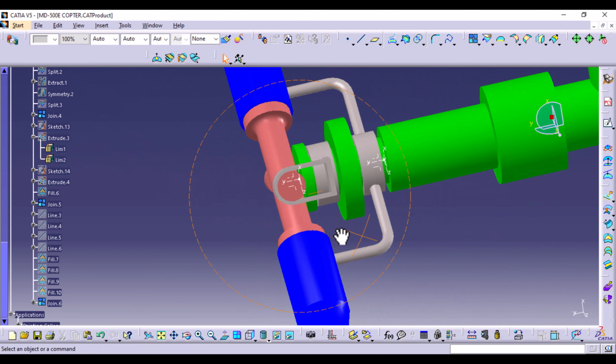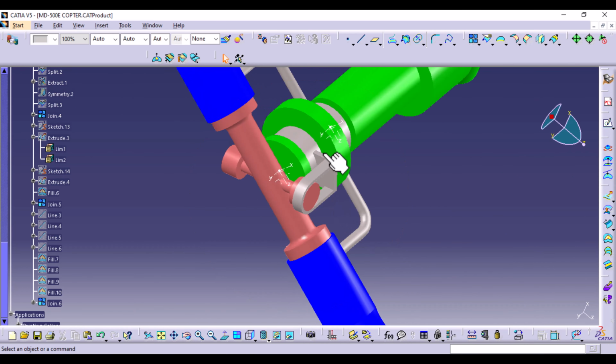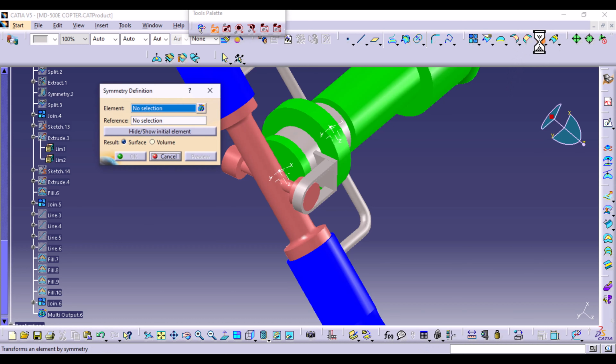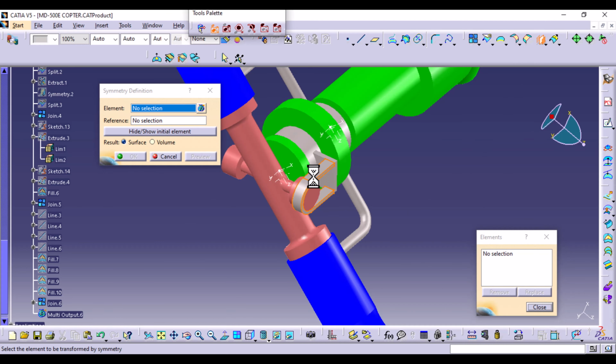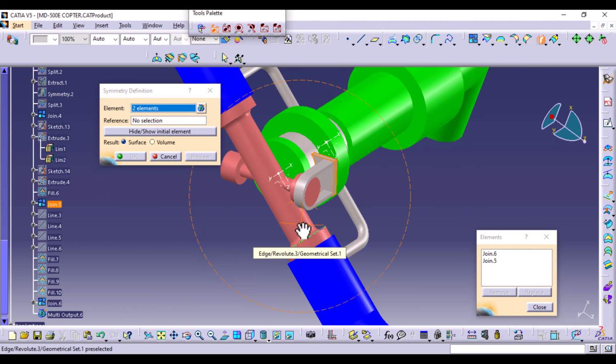And that's it. So now we are going to mirror this one to the other side. So select symmetry, join 5 and 6. Join 5. And then the reference is going to be,